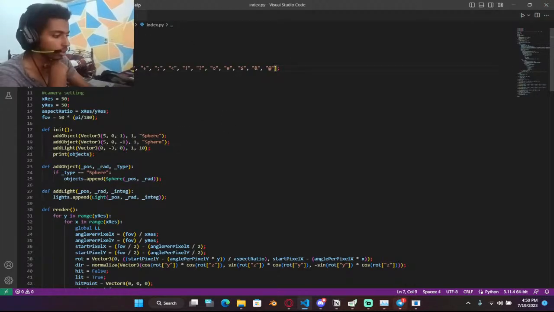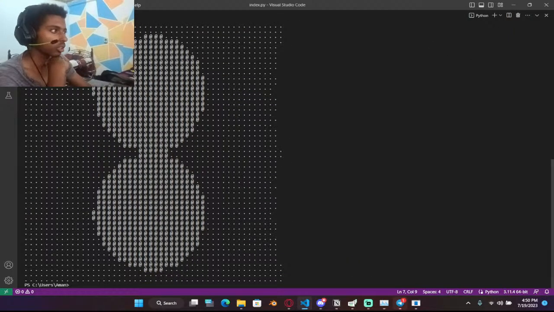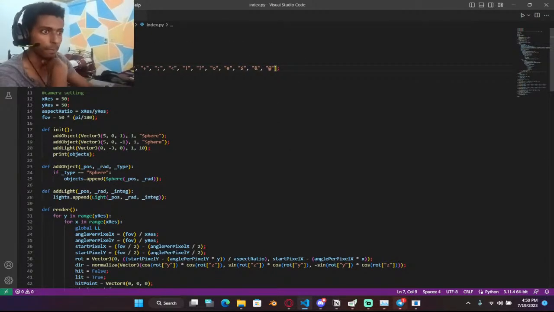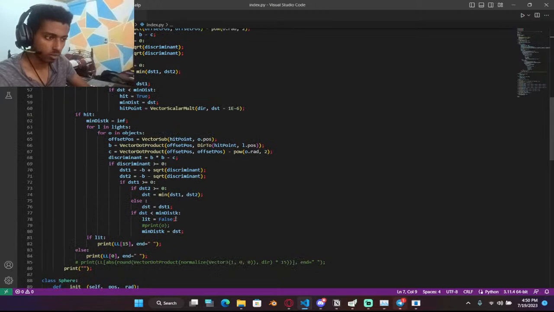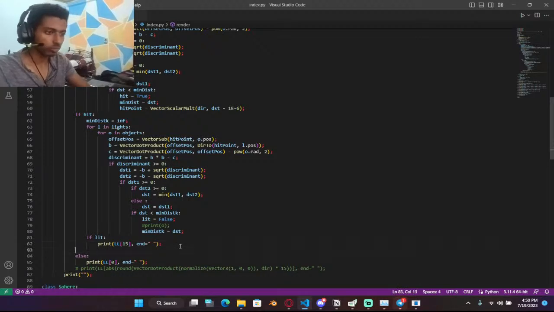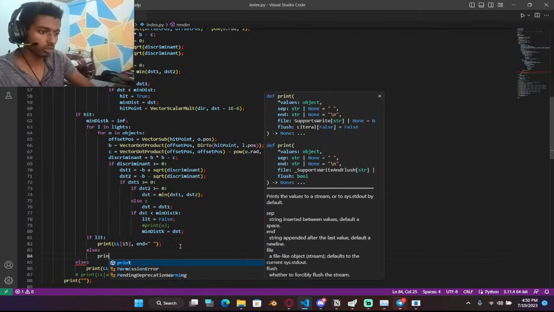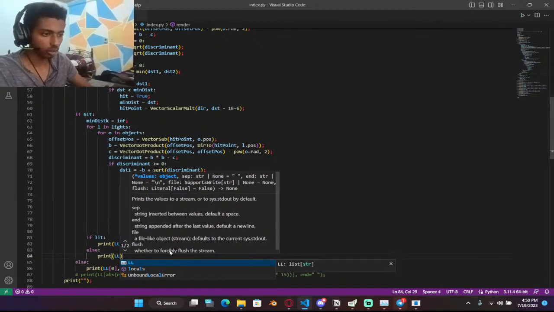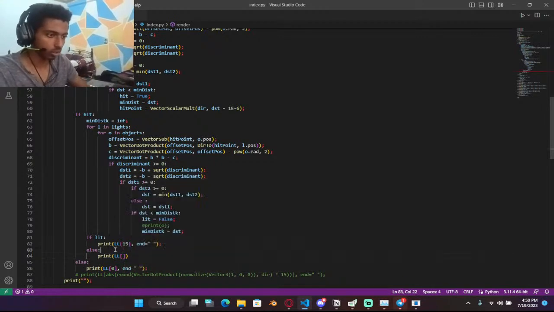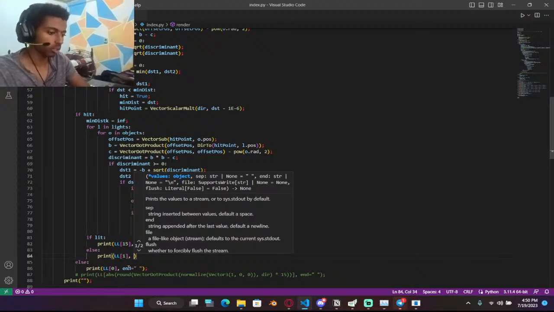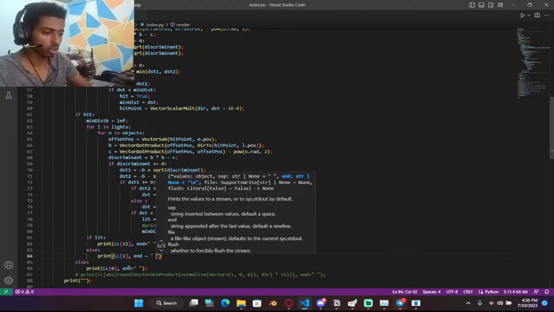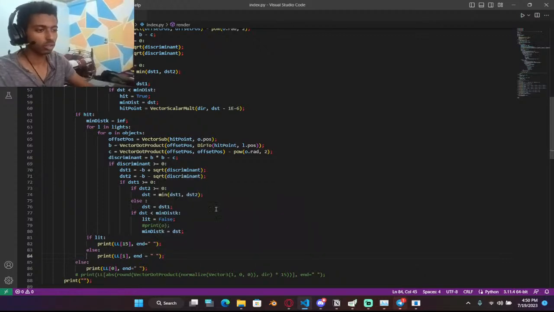If we make also the darkest part a dot, then, oh wait, let's go in here and say if lit else print ll 1 and in a space. If we do that,